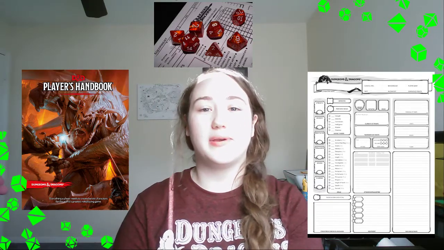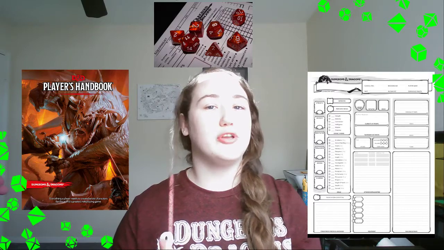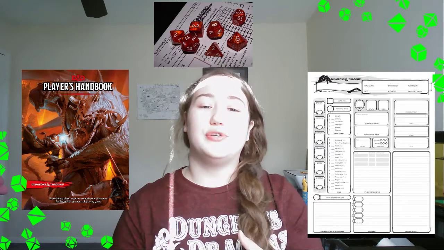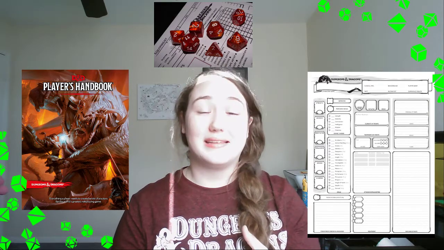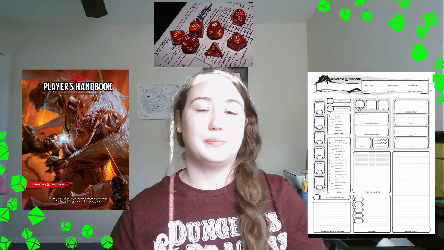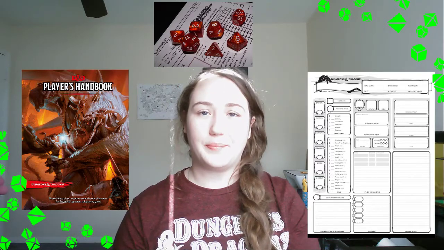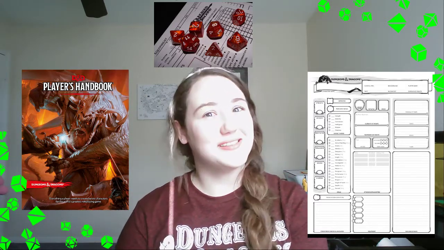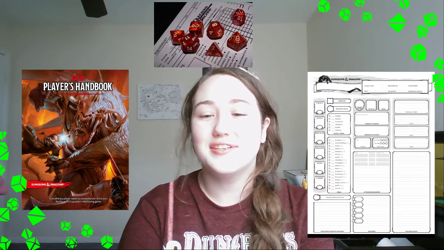This is what's going to make up everything that you do in D&D, from what you know, to if you can hit your enemy, to anything. Everything in D&D, the majority of it is based off of how well you roll. So may the odds be ever in your favor. So those are the 3 things you're going to need. Now, if you don't want to spend the money on the PHB, then you can use D&D Beyond. You will be limited, but it will give you a good base start for your characters.